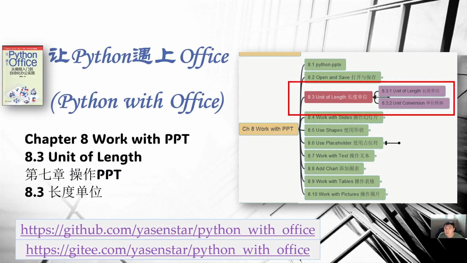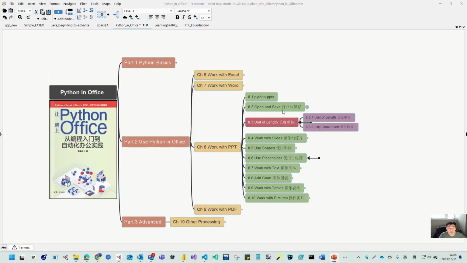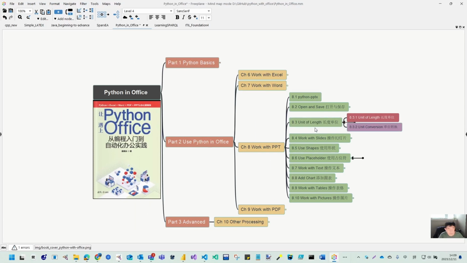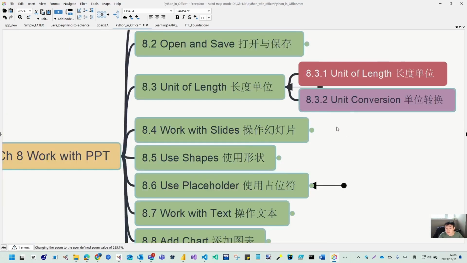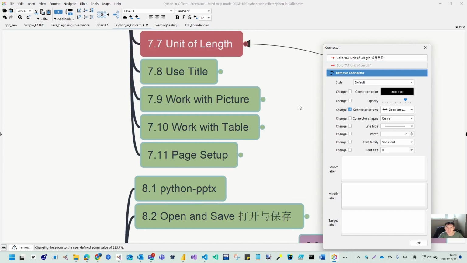About 8.3 unit of length, or we call this 长度单位. So it may not be long for this video. If you come to this mind map, you can see here I add the relationship. So from here, let's make that bigger. If I click this relation, you can see I linked that to the